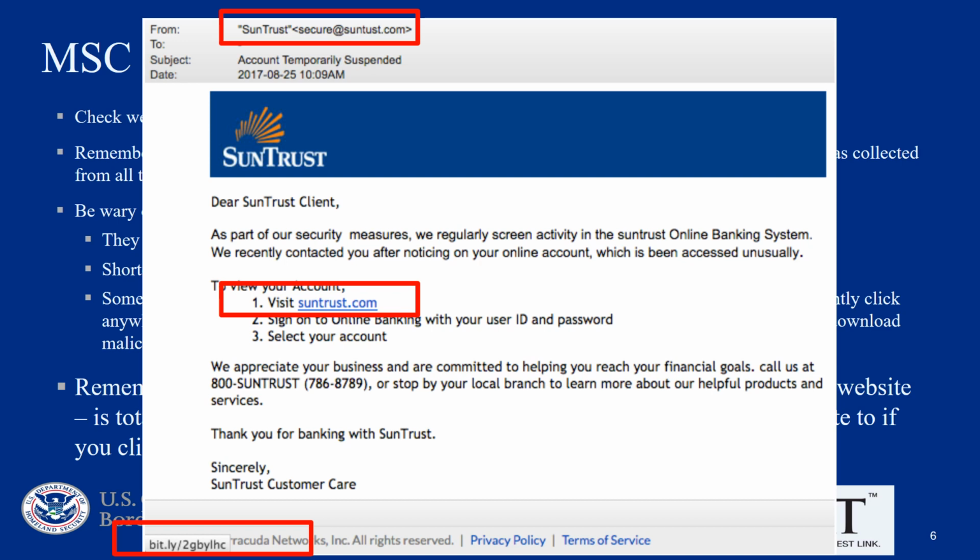And you can see it does not go to the correct site. That is a tiny URL, and it is not a match and should be treated as suspect. So what should the user do in this example? Well, they could just ignore the email, delete it, and if it was sent to their work email address, it should be reported to their IT department, as this may signal a start to a larger phishing campaign targeting employees